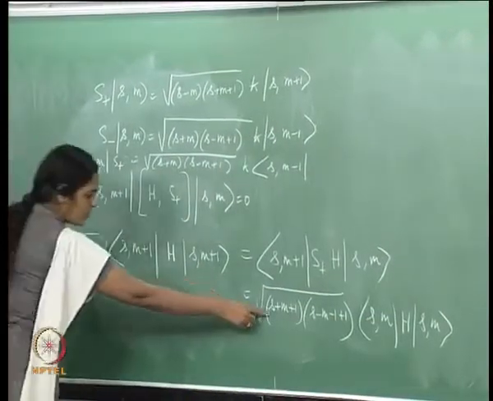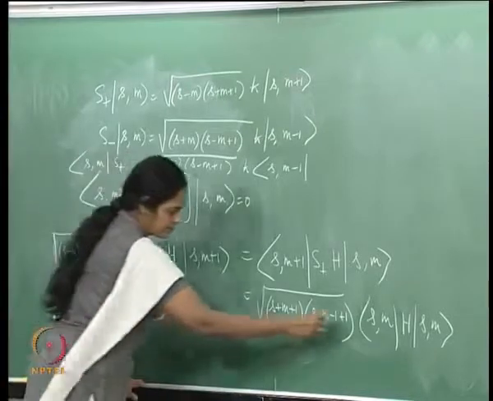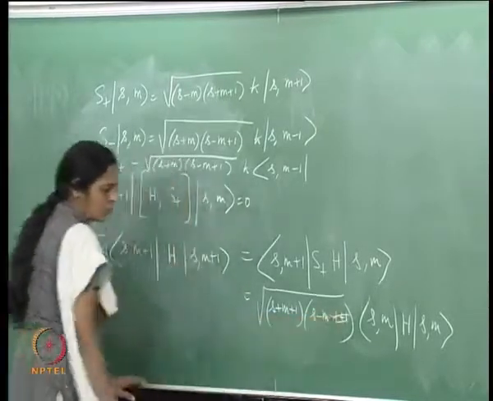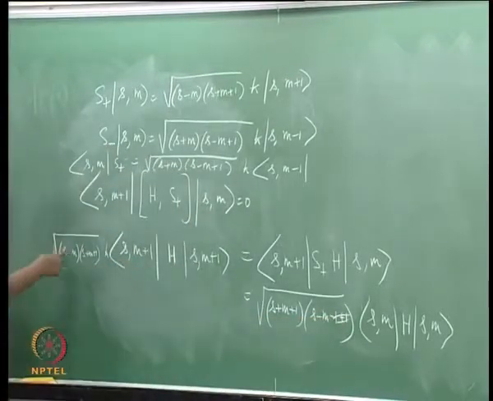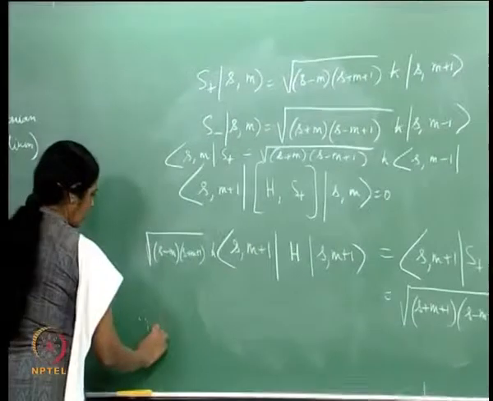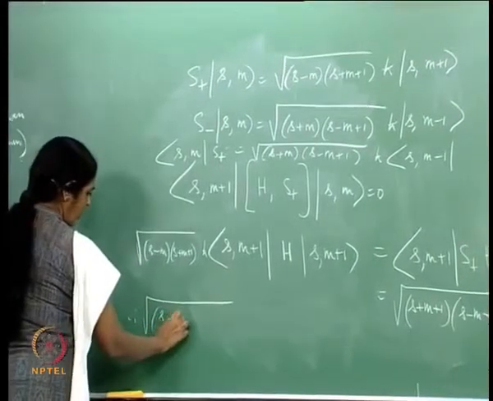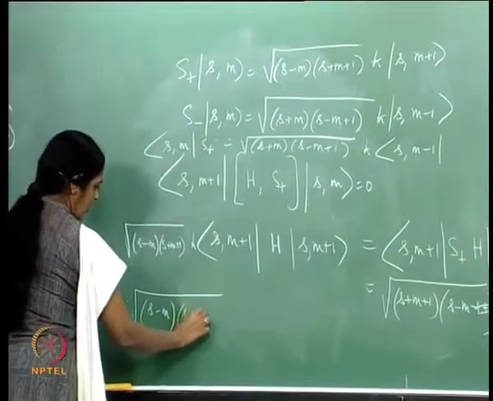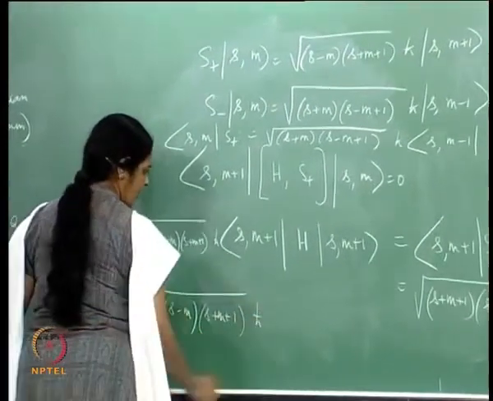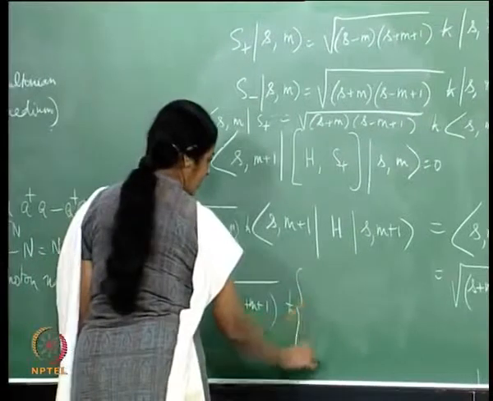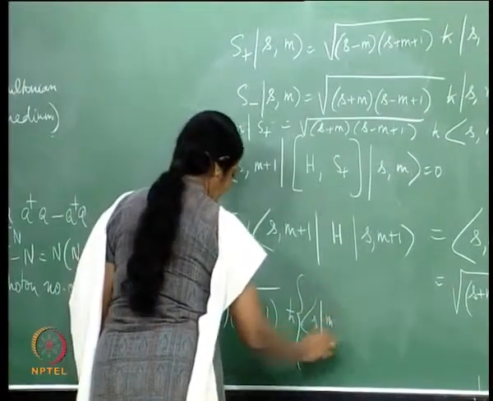Notice that this coefficient is the same as that coefficient, that cancels off, and I just have the same coefficients. Therefore, root of (S minus m)(S plus m plus 1) ħ